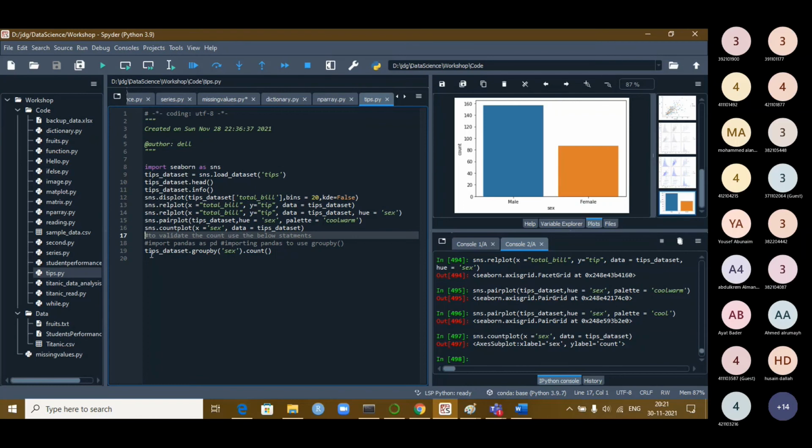Then you can also find out using the group by class. If pandas is already imported, no problem. Because I am using it, you must import the pandas package, so let us try to import it. Import pandas.